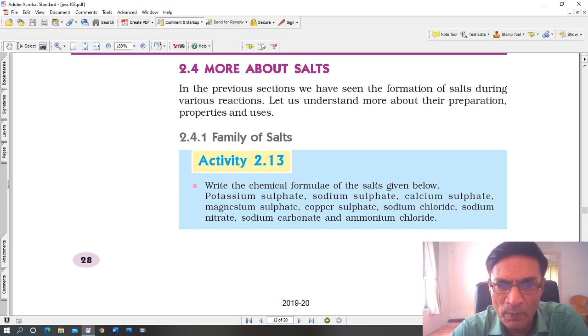A pH paper will give you a better idea about acidity and basicity when it comes to just knowing the solution's acidity. But how acidic? Is it a strong acid, strong base, weak acid, weak base? That you can come to know from the pH of the solution. And a pH paper is able to give you a better idea of the strength of an acid or the strength of a base, or the weakness of an acid or weakness of a base.